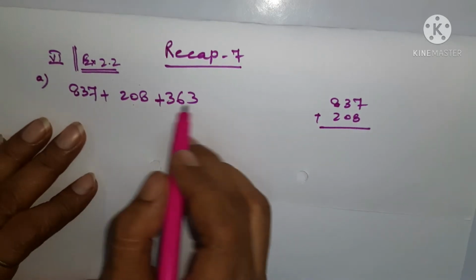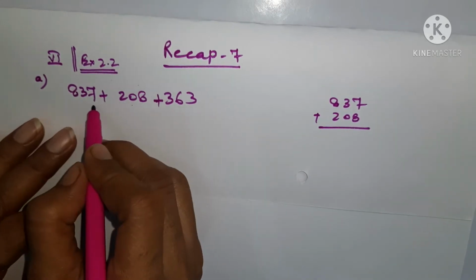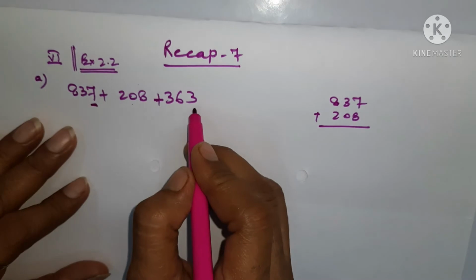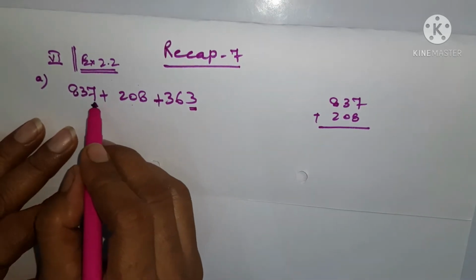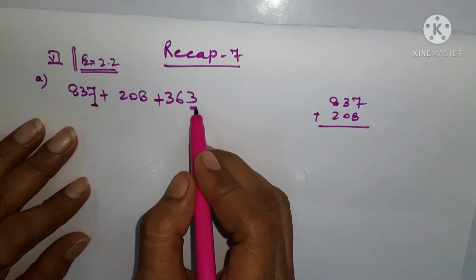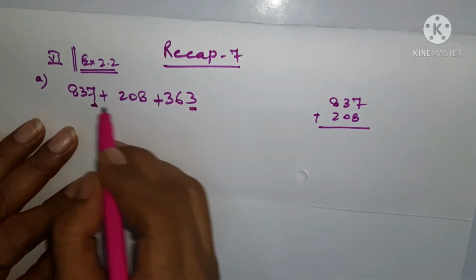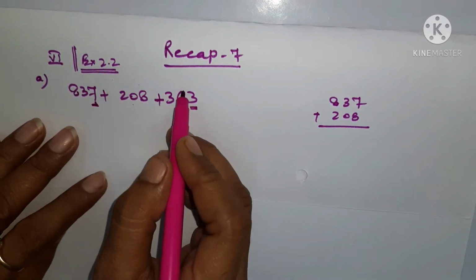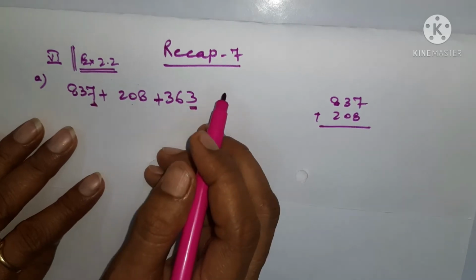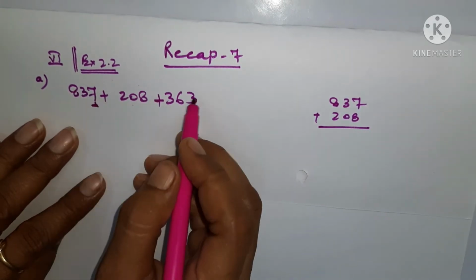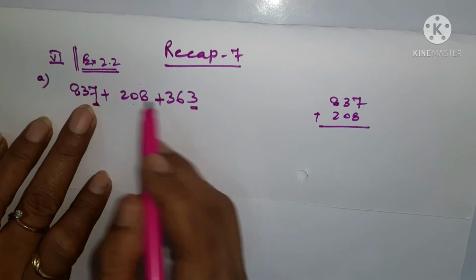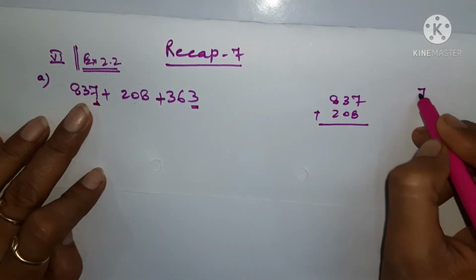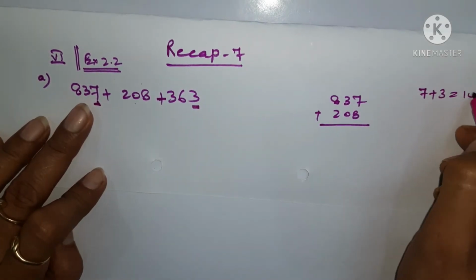are easier to combine. So we will see here that this 7 and this 3, the unit place of this 7 and the unit place of this number, these two are easier to combine and they will give a number which is a multiple of 10. Okay, which is a multiple of 10. You can see that 7 plus 3 is giving you what? 7 plus 3 is giving you 10.